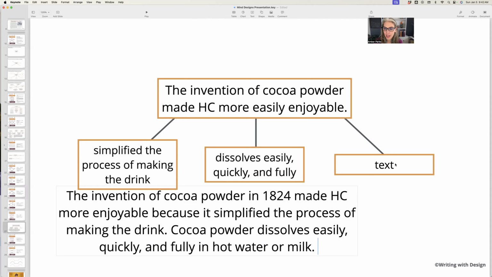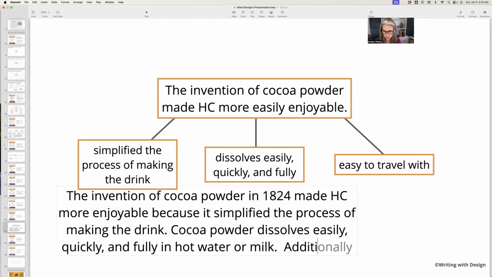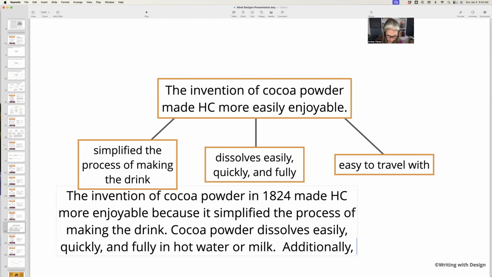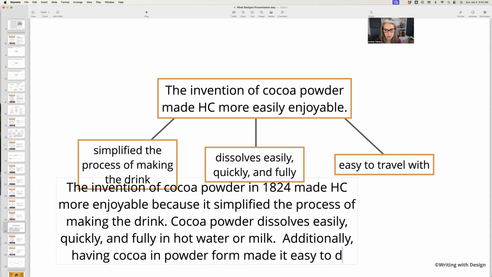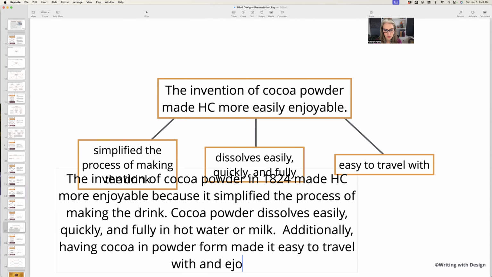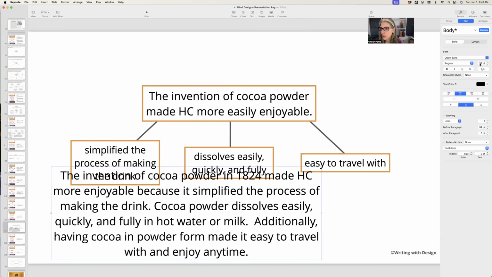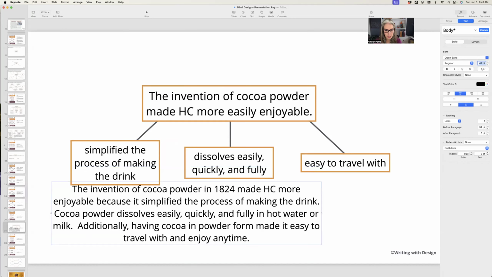Oh, one more is that it's easy to travel with, right? Easy to travel with. I think that's another important reason. So I'm going to add in, additionally, having cocoa in powder form made it easy to travel with and enjoy anytime. Perfect. There is our answer. I'm going to just shrink it so it fits a little bit better on the page and then read it